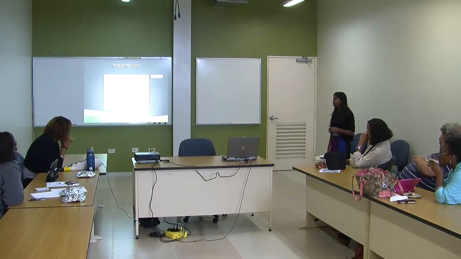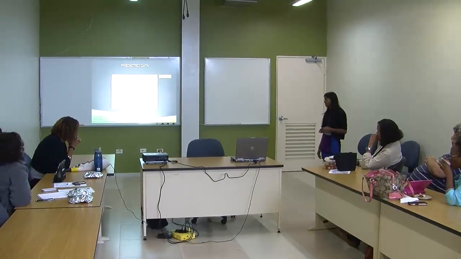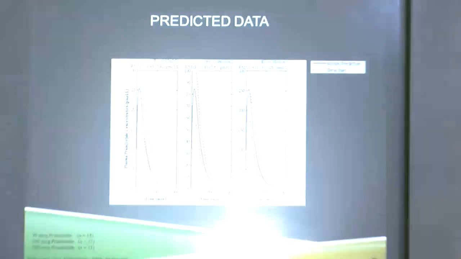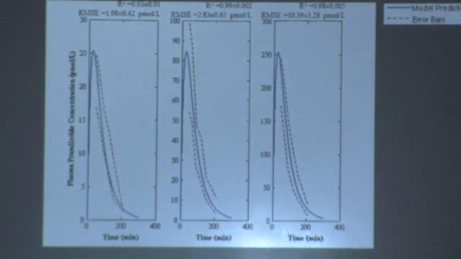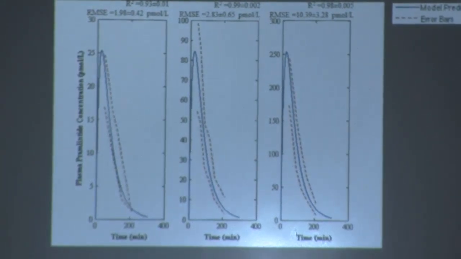And then this is the predicted data. The importance of using fitting and prediction is that you can fit any data. You can take any parameters and fit them to data. But what's really important about a model and what gives it its backbone is predicting other data that you haven't fitted. In this case, we fitted 50, 100, and 300 micrograms, and these predict actually better than our fitted model, and this is a good thing.